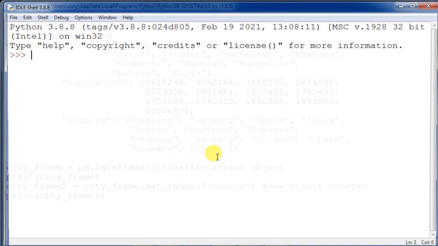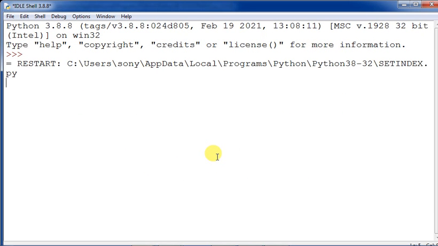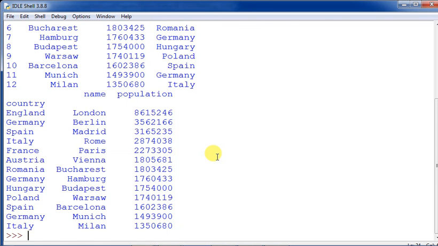Now how it will come, let us see. You can see out here, now name has shifted and country has come as its index. So in this way, you will be able to use the index.